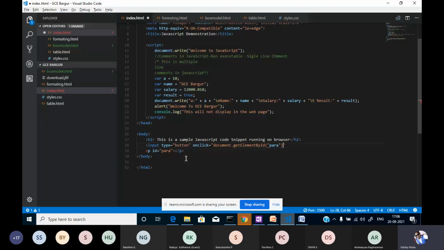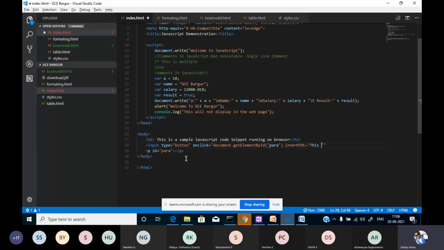Then what I want to display there, so I want to display something over there. We have a property called inner html. So when the output comes, you will understand the effect of this. So I am displaying something here. So here I'll print something.